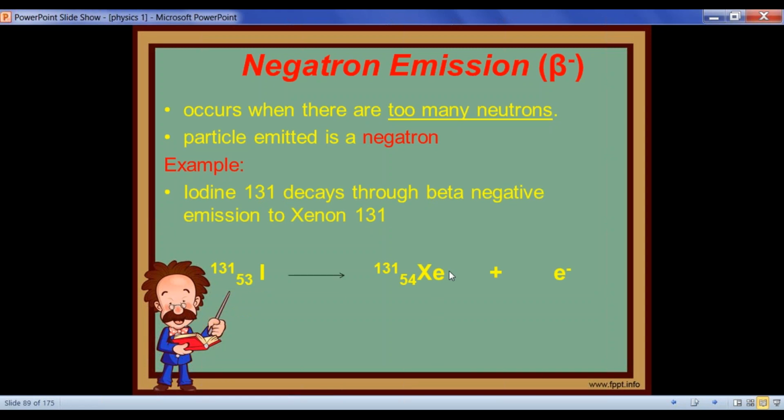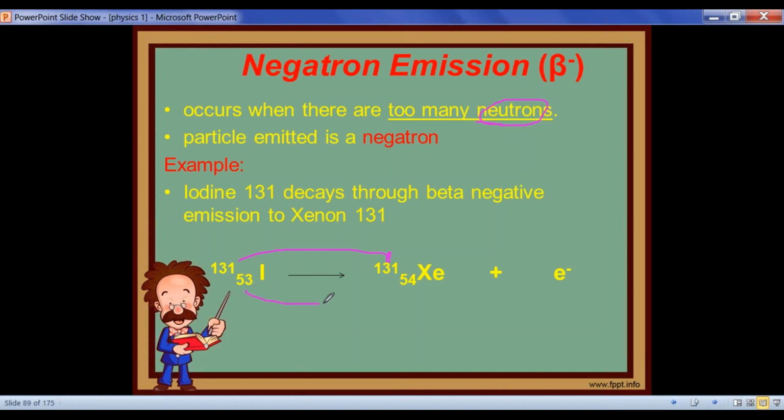So here we have iodine-131. If you have noticed, walang changes sa ating mass. 131 pa rin, because sabi natin, beta has no mass. And dahil marami po siyang neutrons, kailangan po niyang mag-give off ng neutrons. So, pag nag-give off po siya ng neutrons, kailangan po mag-add tayo ng isang proton. Or kung hindi po siya mag-give off ng neutrons, kailangan po maging stable siya. So, we have to add up one proton.